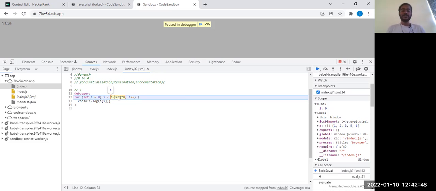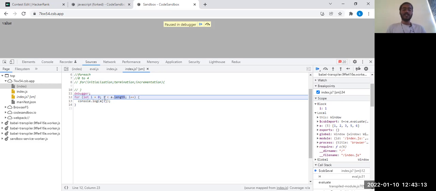If it is true, it should go to this line number 13. It will go inside the line, and if you see console.log of a of i, a of i is 1, so in the i value we have the 0, so a of i is 1, so it will console log 1. So now let me click on the next execution. Can you see it is going to the incrementation? So now it is in this value 0. So now let me execute this. So now if you see, this value would have become 1.